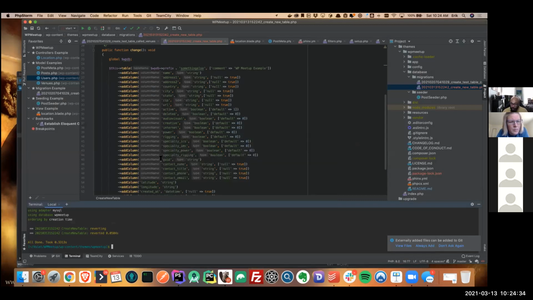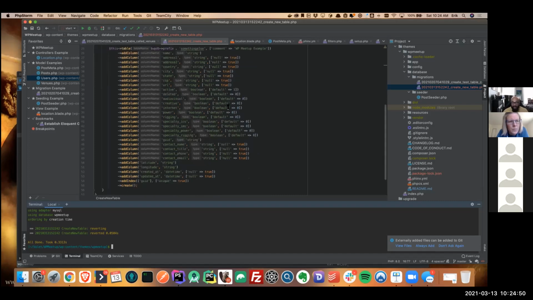Now, if I keep doing rollback, it would essentially keep getting rid of all of the previous database structures that I have added. So if I did rollback again, it would get rid of that other table that I had shown you guys. So that in essence is what Phinx does. It is a nice, simple, easy way to manage your database without writing MySQL statements inside of your theme to check if a table exists, and if it doesn't exist, then make the table.